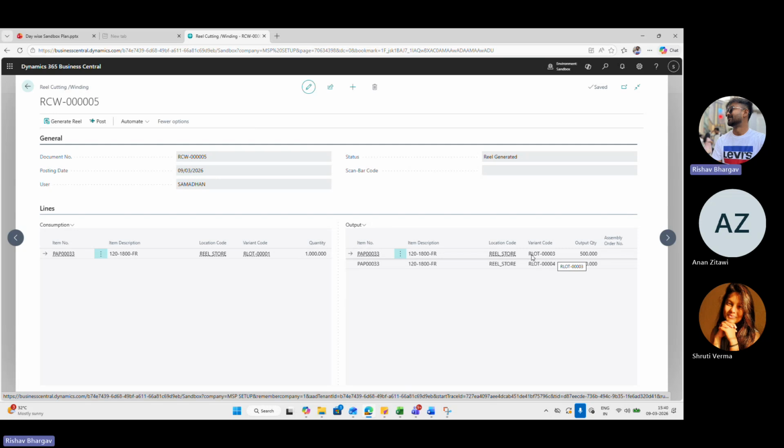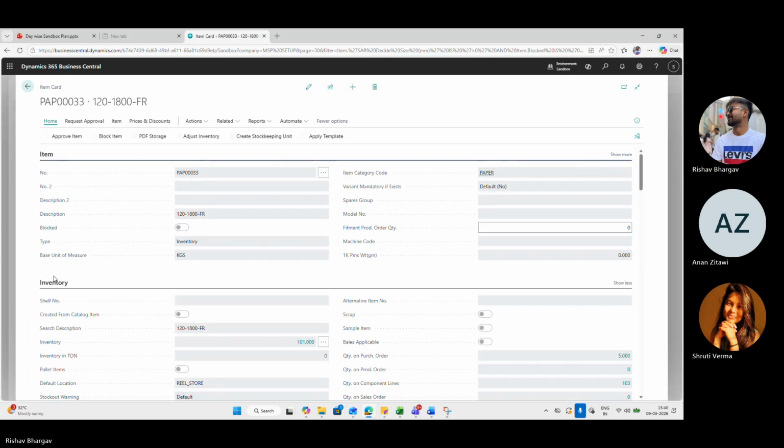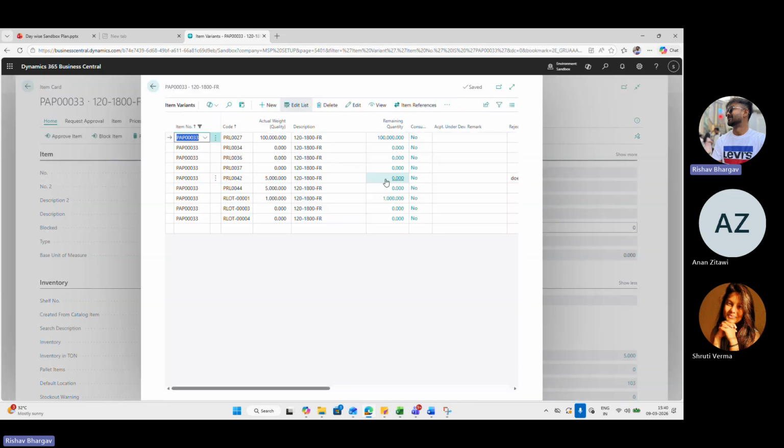We have created this as per our understanding, so we have separated the number series. When I go to paper number 33, there are variants available, but the variant number series are different. One is PRL. This is my paper item, and these are my variants, with different remaining amounts.